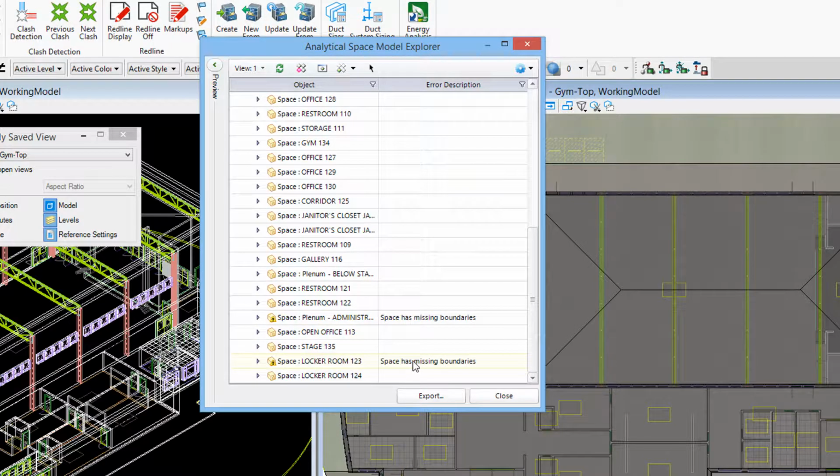So again, a best practice for the spaces to export to Energy Simulator is for it to be bound correctly by the walls or the ceiling or the roof. And in this model, we actually have plenum spaces, so the plenums are bounding like the tops of those spaces. So you can see here, I'll move this over. You can see that we've got the administration plenum here has missing boundaries, and this locker room 1, 2, 3